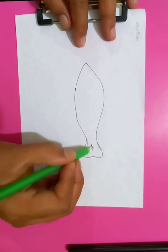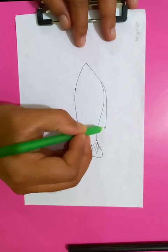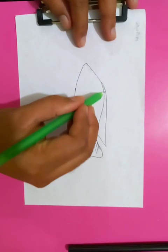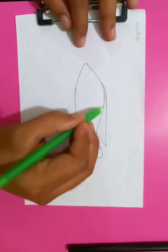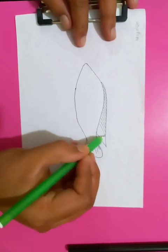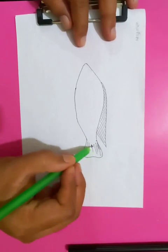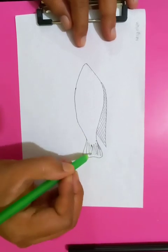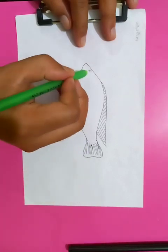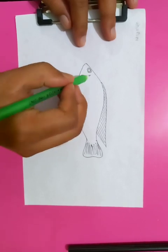All right, so a few parts for the tail we can draw here, and the dorsal fin has different characteristics, looks like this. Okay, you can see the eye here. All right,